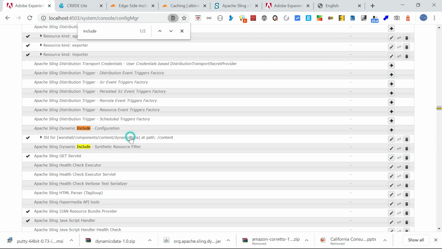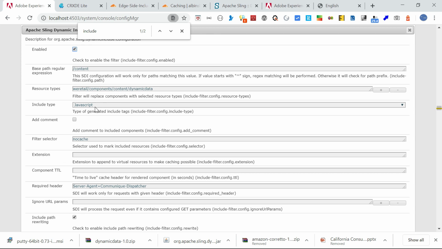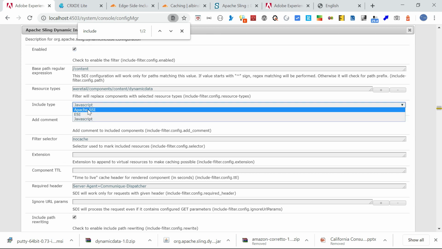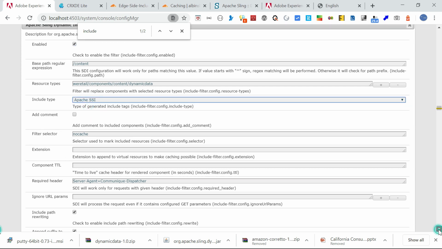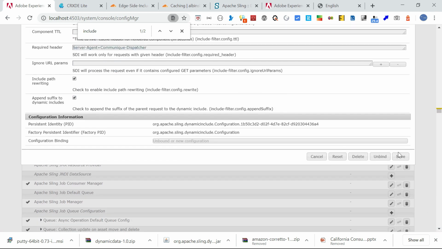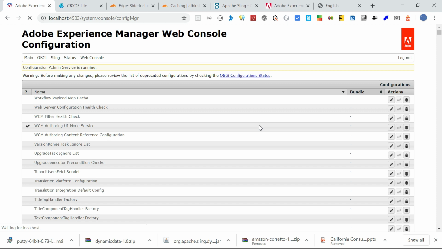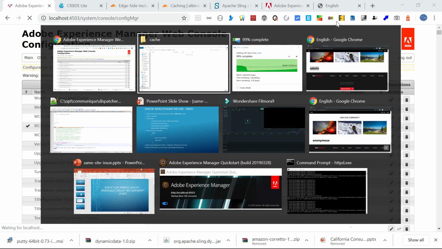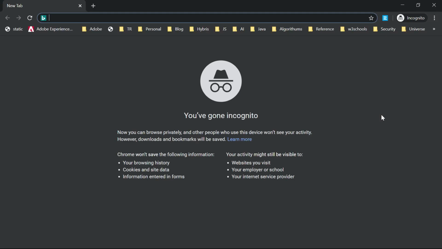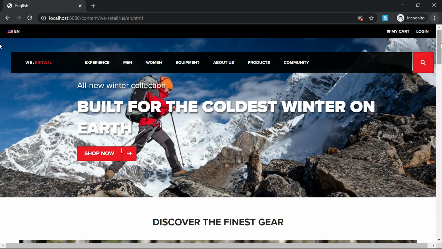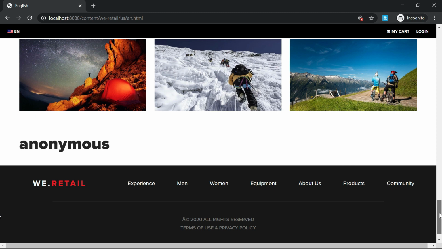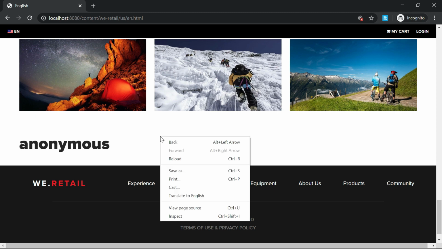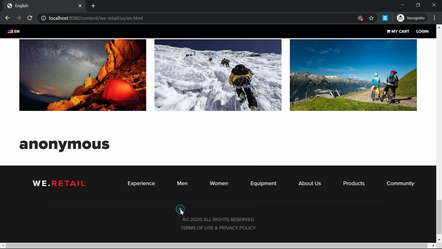Okay, now I'm going to change this to Apache SSI. Okay, it's done. Now let me close this window and access the page. Yeah, it's looking anonymous. Now if I go to the view page source,